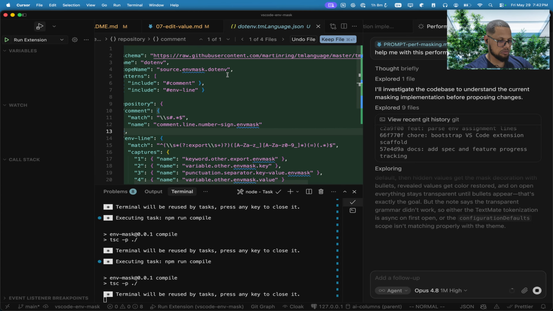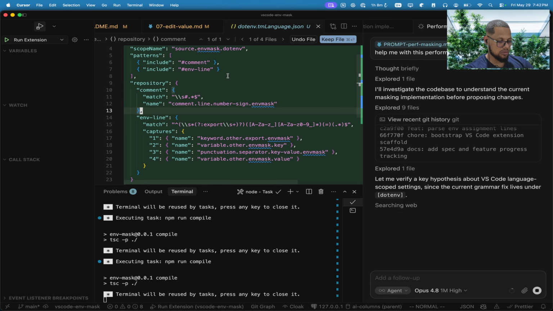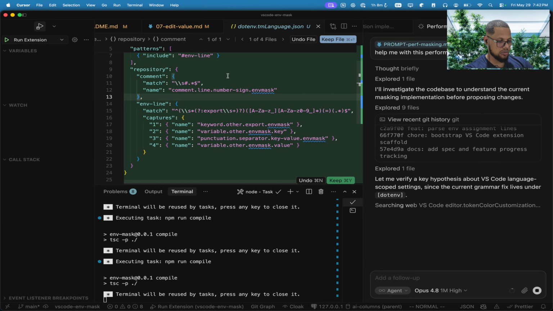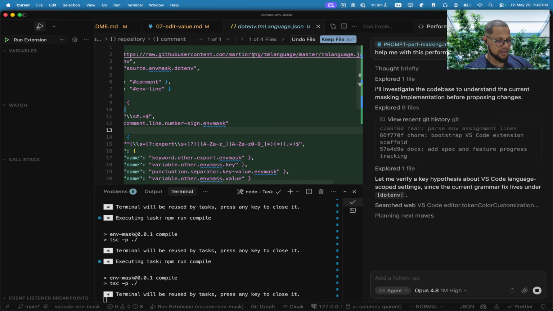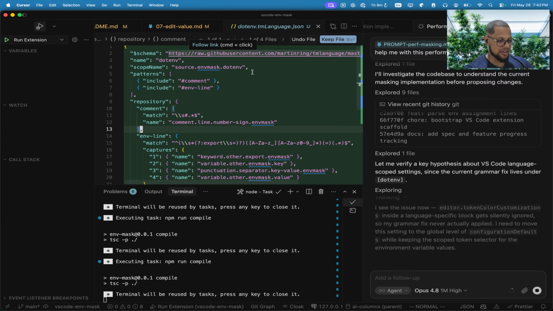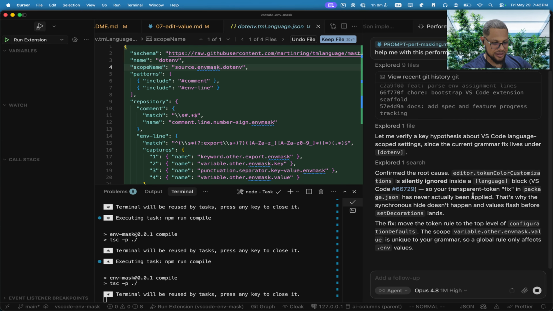Okay, wow, very cool. This is very cool. It downloaded the schema for the .env language so we can parse it correctly. But the issue I see is that